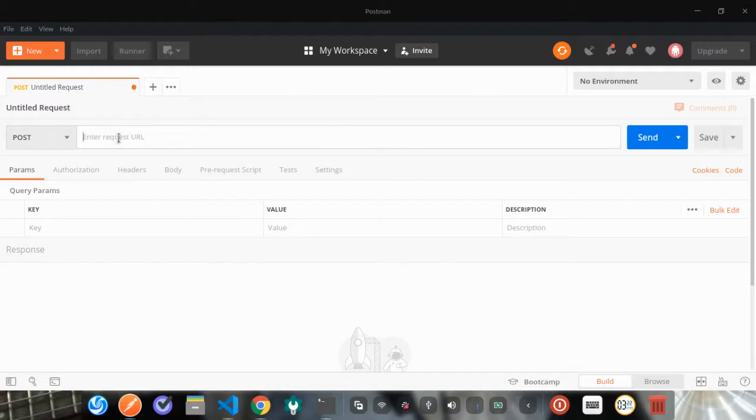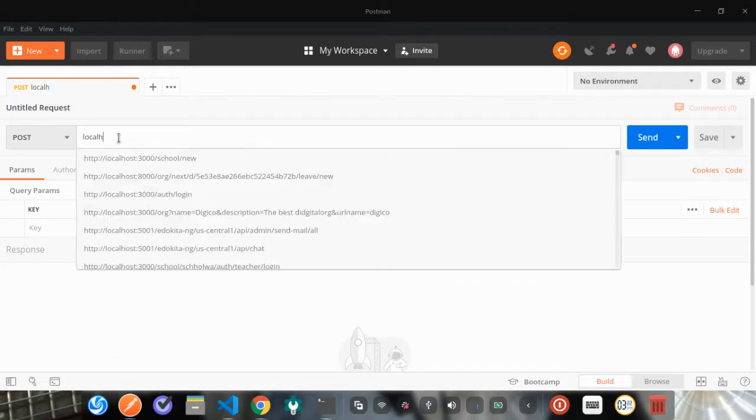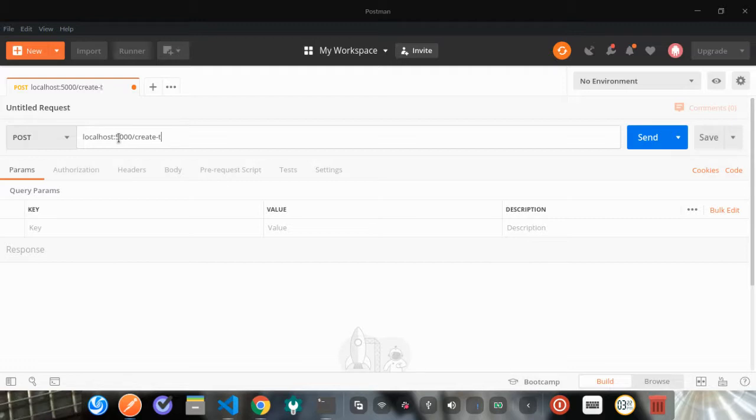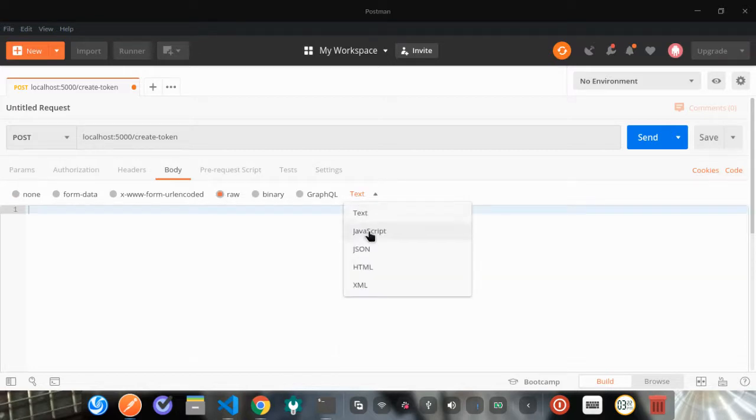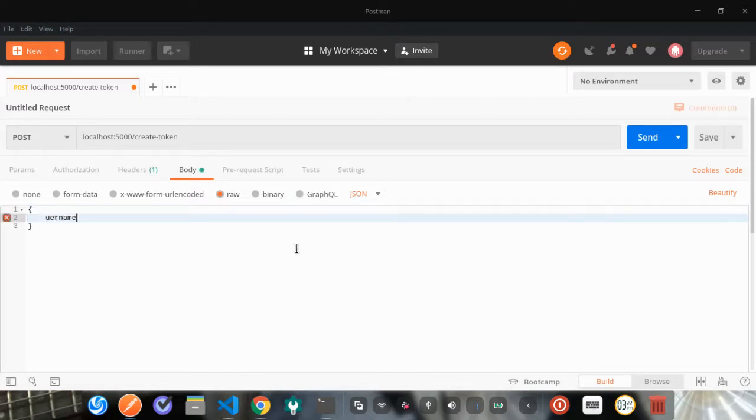So a post request to localhost 5000 slash create token, and in our body here we want to use a raw object, JSON specifically, and let's just send a pair of username, Mike Fury, ID is 203, and